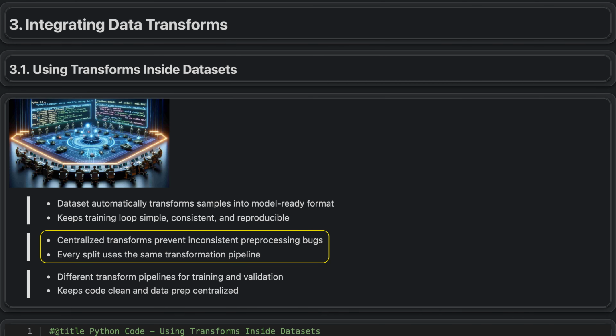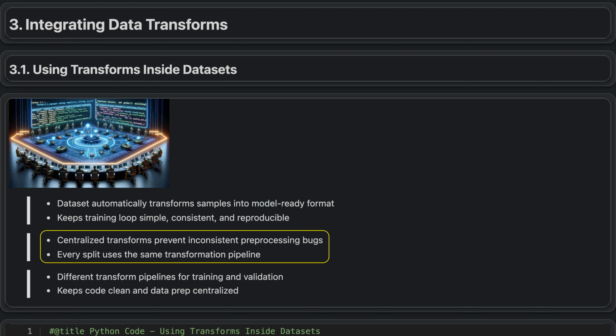Applying transforms directly within your dataset is powerful because it keeps data access and preprocessing tightly connected, which reduces bugs and inconsistencies. For example, in a medical imaging project with chest X-rays of varying resolution and brightness, scattered preprocessing can lead to images being normalized or resized differently across training and validation. By centralizing all transforms in the dataset, every image, whether for training or testing, passes through the same pipeline. This makes it clear what the model actually sees, simplifies reproducing experiments, and ensures that all collaborators work with data